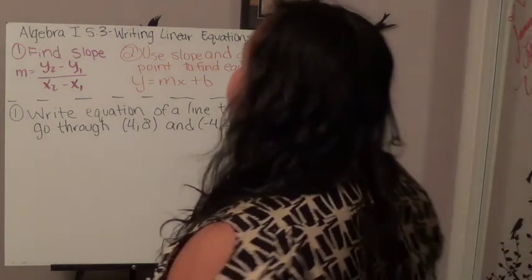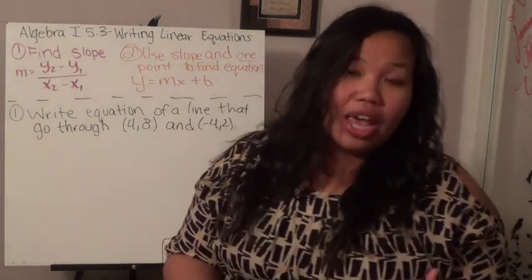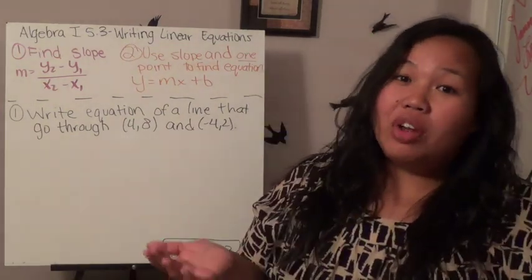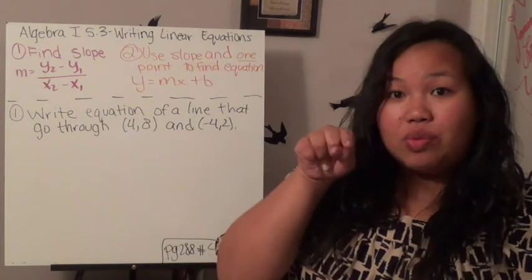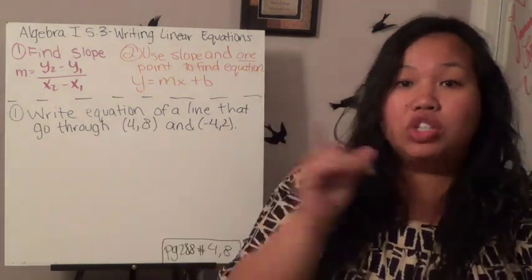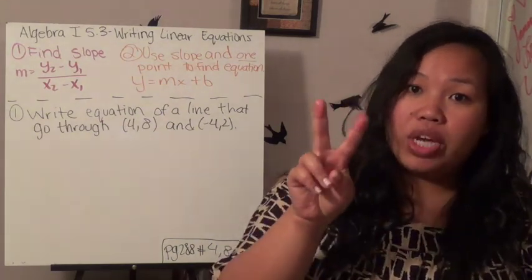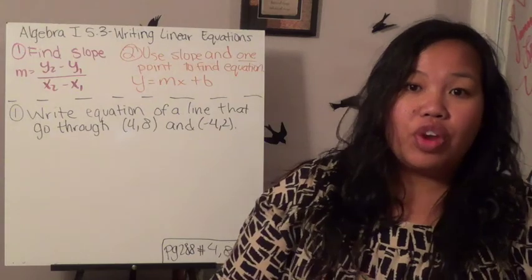Algebra 5.3 on writing linear equations is the same thing you're doing in 5.1, except this time they're not giving you a nice graph just to find where the y-intercept is and then go the direction from there. This time they're just giving you points, which is fine. As long as you have a minimum of 2 points, you can find the magic equation for any